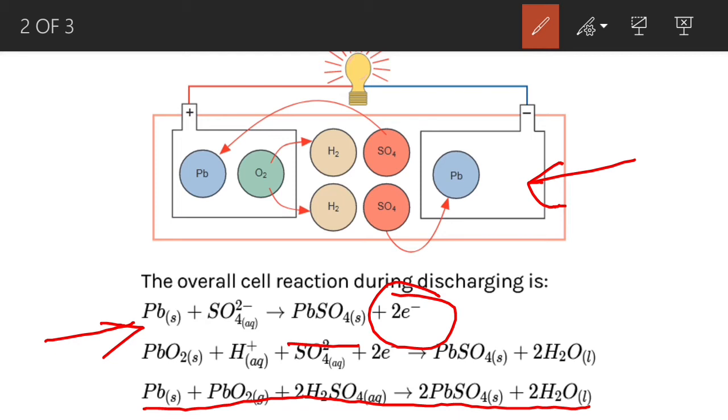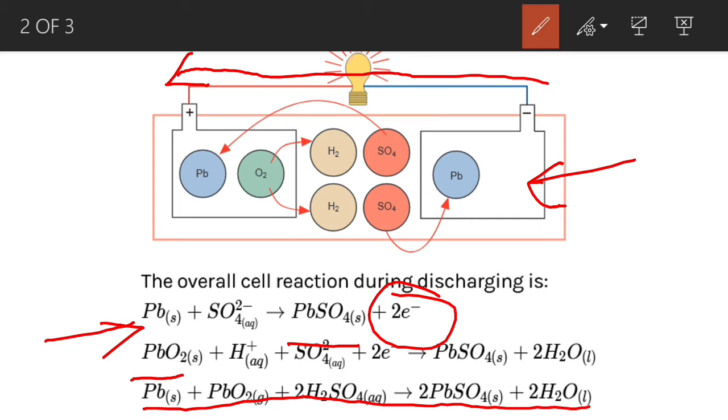These two electrons are going to travel through the external circuit towards the cathode. On the cathode we have lead dioxide, which also reacts with the electrolyte. As we know, the electrolyte is already broken into H+ ions and sulfate ions, and now we also have two electrons coming from the anode reaction, and the lead dioxide reacts with these sulfate ions